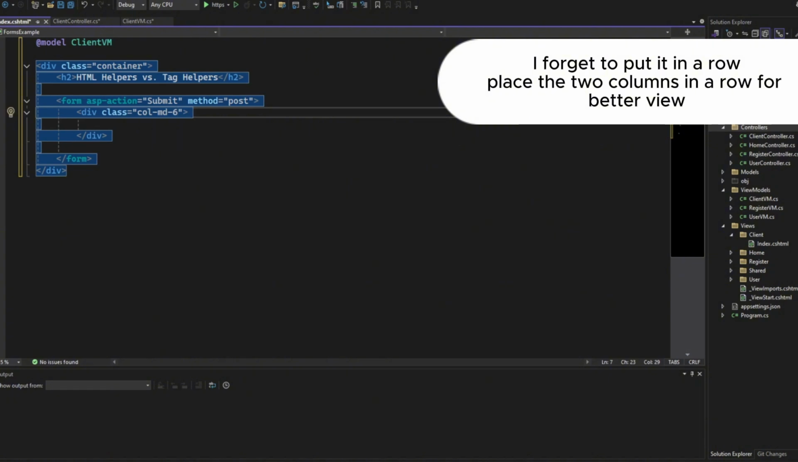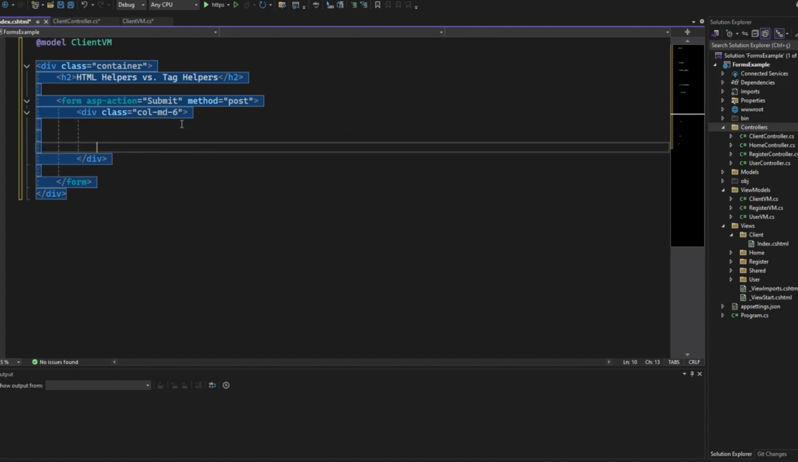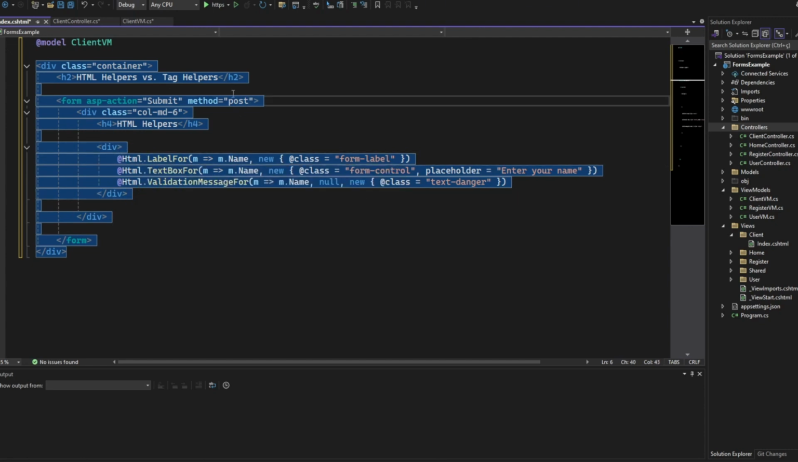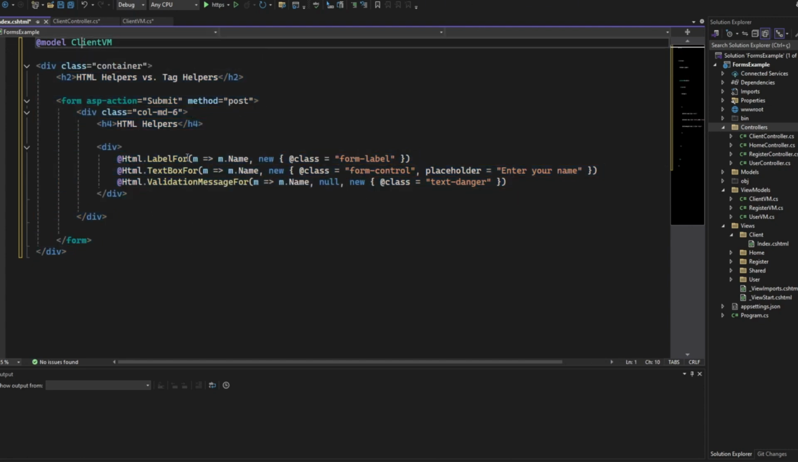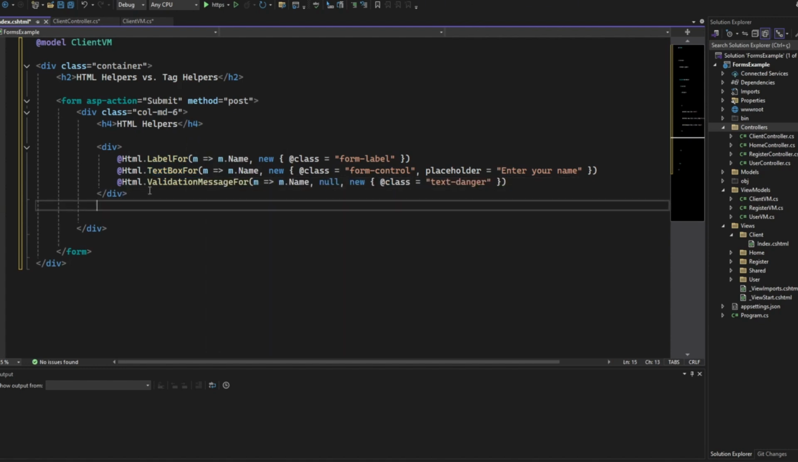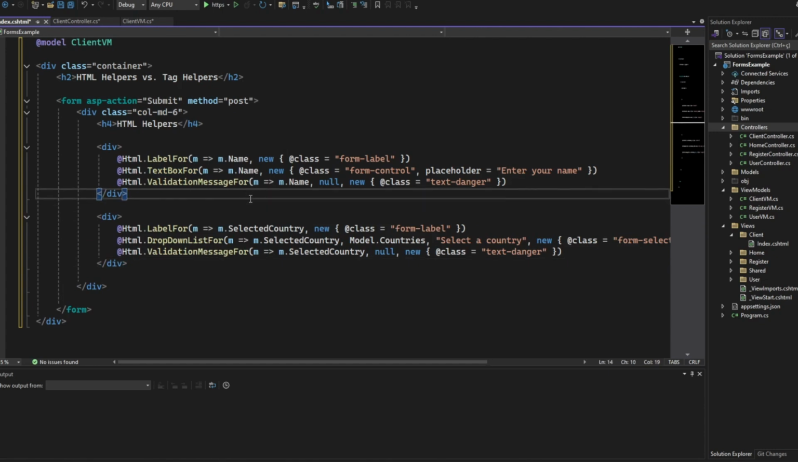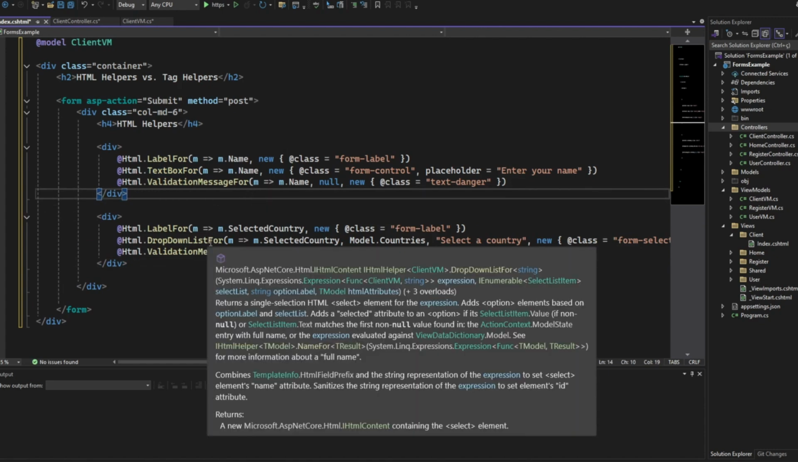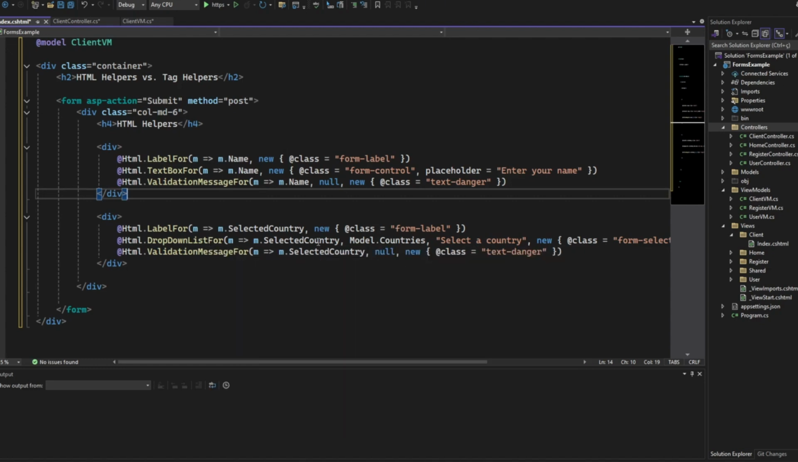Let's first start with HTML helpers. Here I will copy from code that I've written for this class. So if you want to copy, just pause the video. Here I will create the form now with just HTML helpers. Here is just a text box I've already talked to you about. Let's now copy a dropdown list for. The first argument is an expression with my